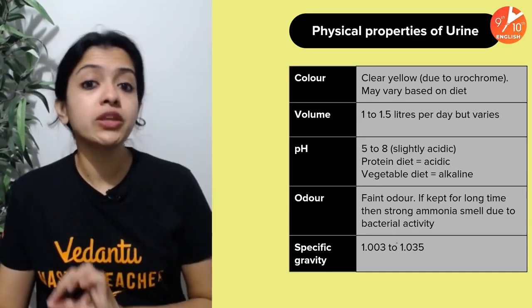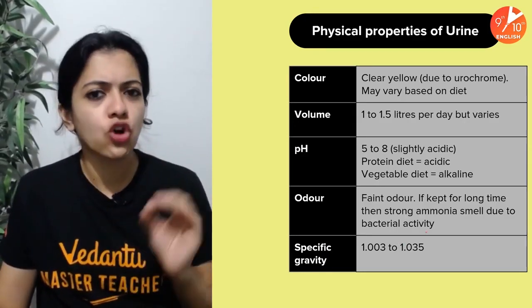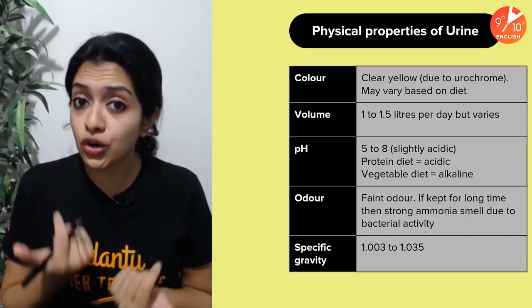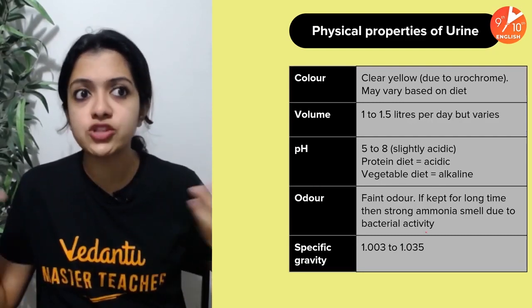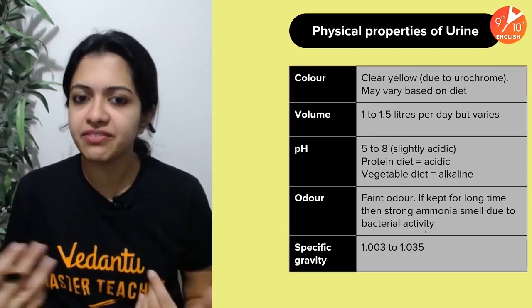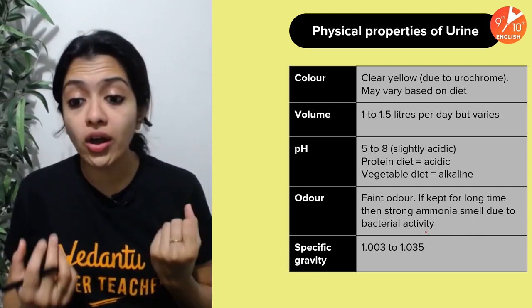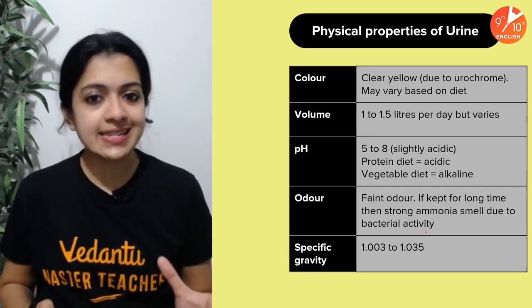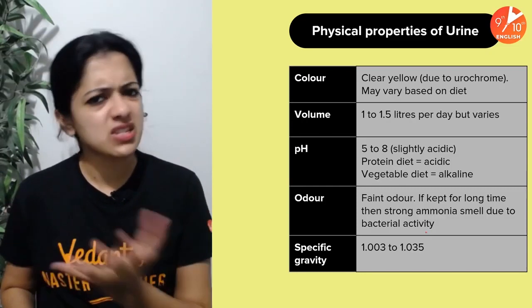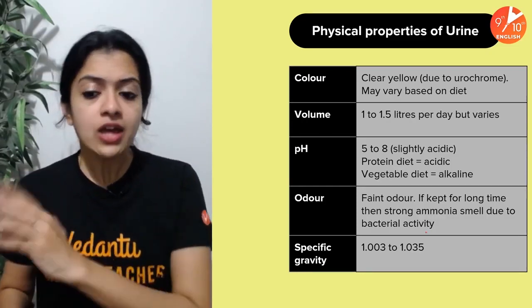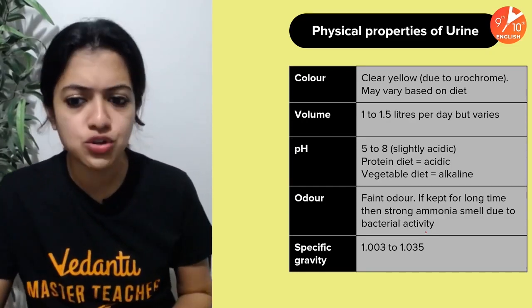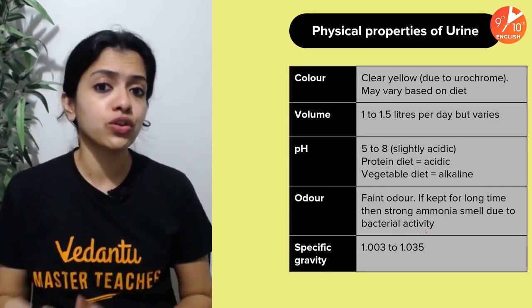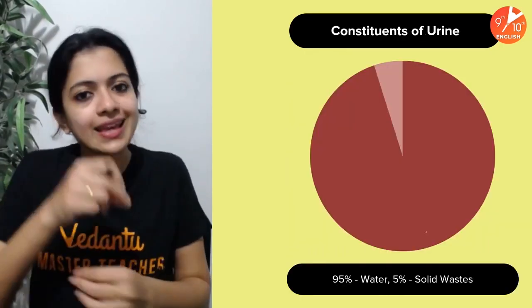Okay, now what about the odor? Normally, urine has a faint odor, but if kept for a long time, maybe several minutes or hours or even days, then definitely it's going to develop a strong ammonia smell due to bacterial activity. And specific gravity is 1.003 to 1.035. You don't really have to memorize these, children, but it's important for you to know just in case anything indirectly